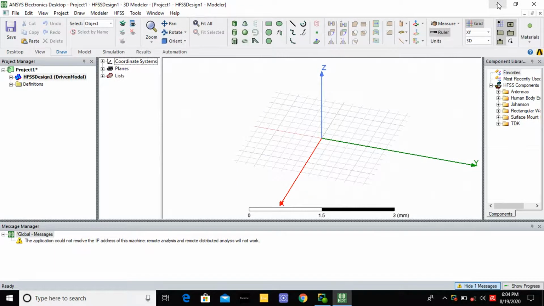Hello everyone. In this video, I am going to discuss a rectangular patch antenna working at the 2.4 gigahertz frequency range. First of all, we are going to draw the antenna substrate. First, you go and select the